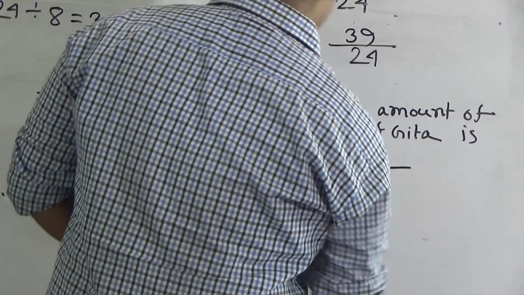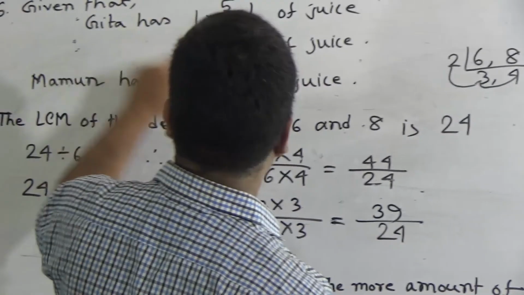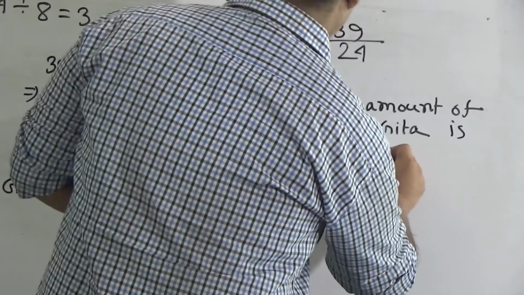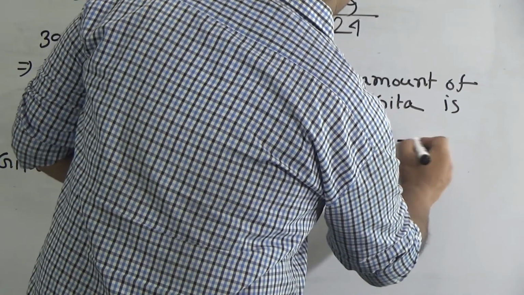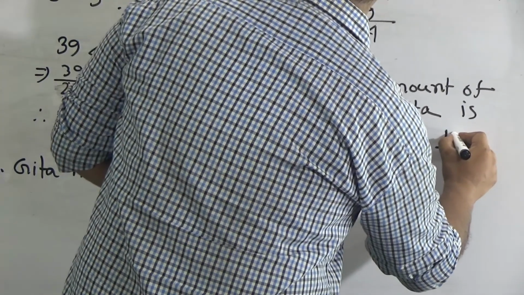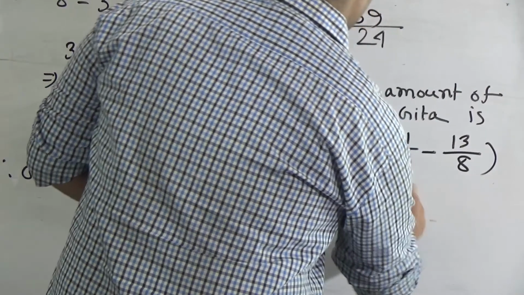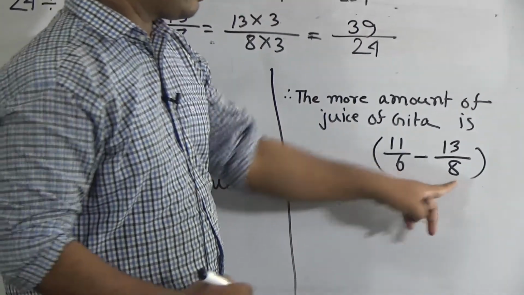That means we subtract Mamun's amount from Gita's amount. 11/6 minus 13/8. We already know the LCM of 8 and 6 is